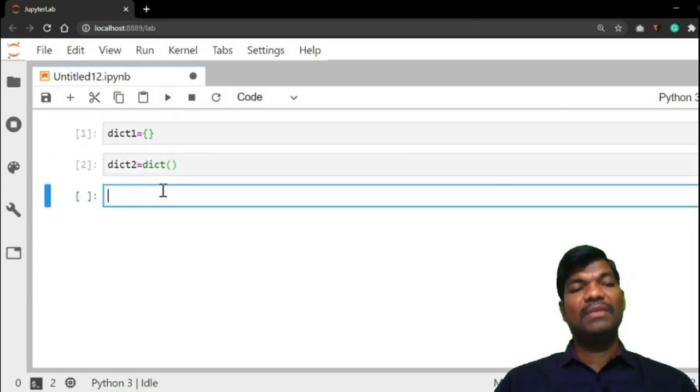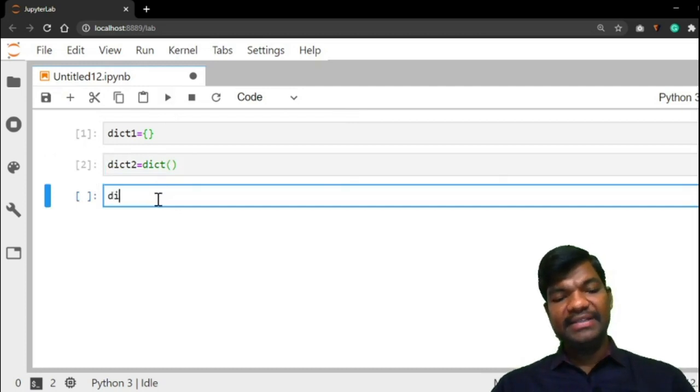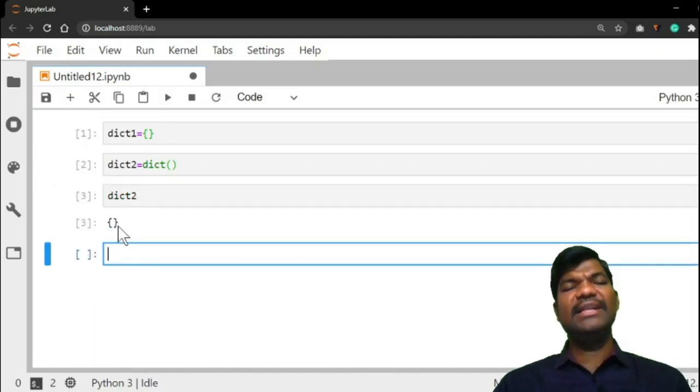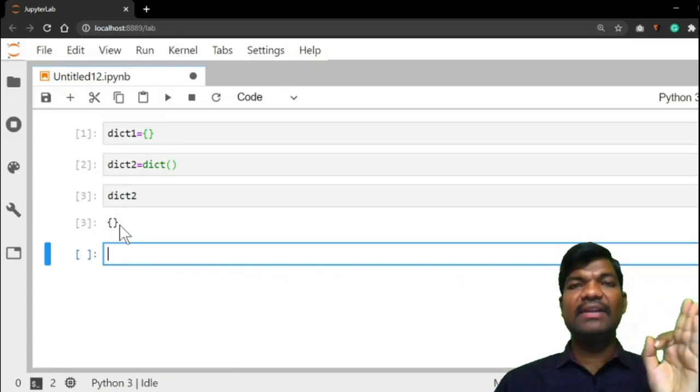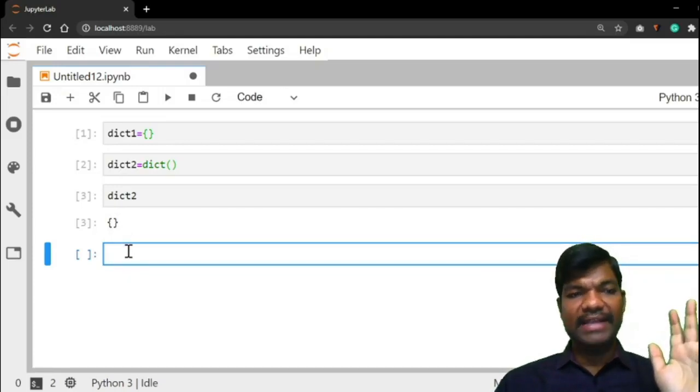Run it. Now print dict2. Run it. It's an empty dictionary. So two methods: one is the dict function, the second is directly assigning the values.